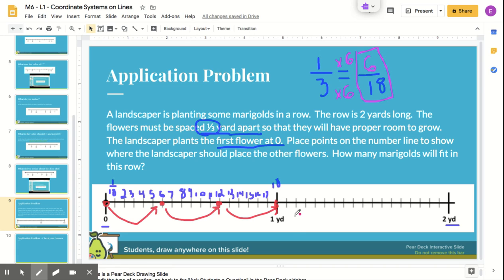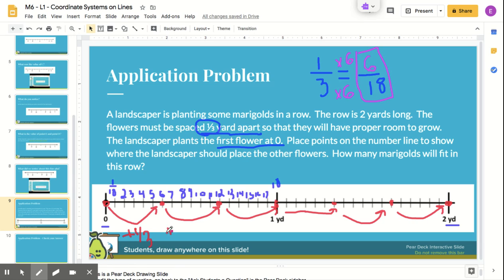And I'm going to keep going. 1, 2, 3, 4, 5, 6/18. I jumped again, another 6/18 or 1/3. 2, 3, 4, 5, 6. Jumped another 6/18 or 1/3. 2, 3, 4, 5, 6. And I jumped my last. So every time we jumped, we went 1/3